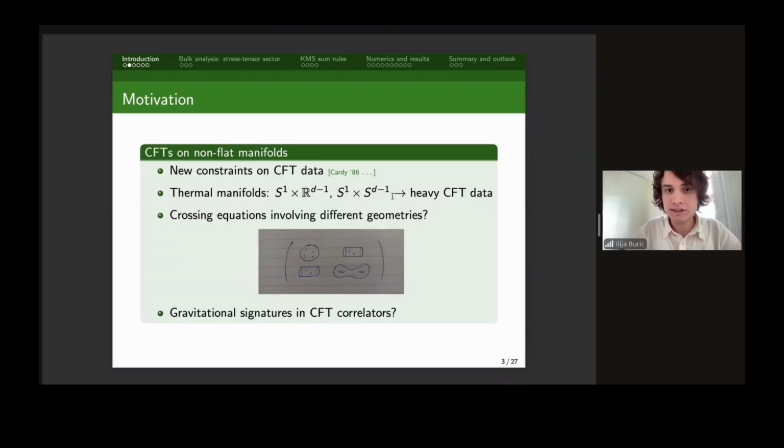And to access these CFT data, one looks at these thermal geometries, which include the thermal circle S1, and then the most standard two geometries are either the sphere or the flat space. But this is a part of a more general program where you could also think of other geometries and try to formulate some crossing equations that would involve several correlators on different geometries. And this, for me, is quite an interesting subject to explore, where you could maybe draw something like this and study bootstrap with